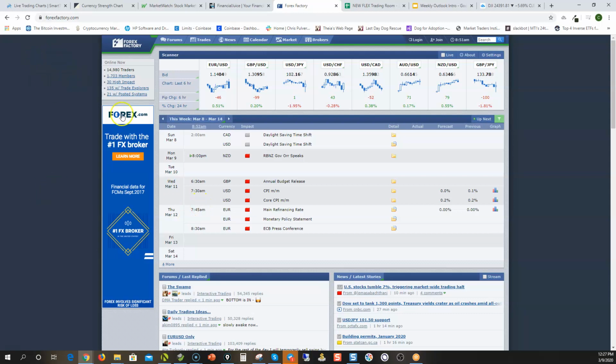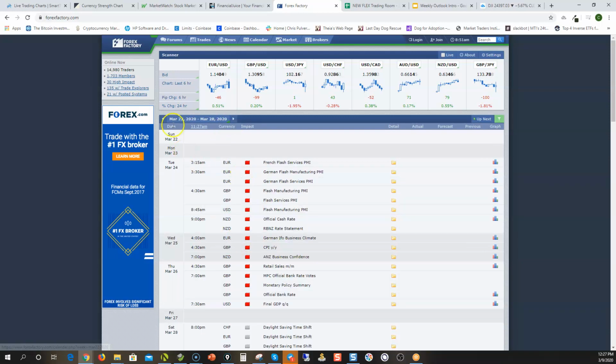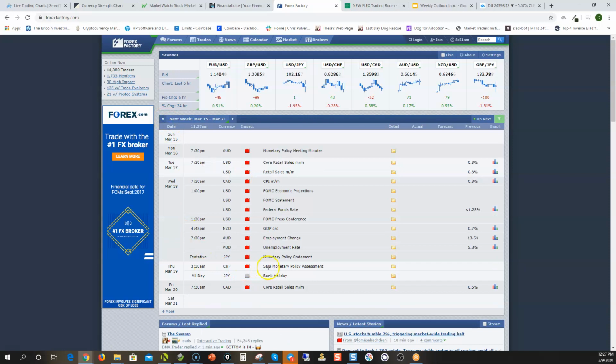If we also go into next week, we have the Fed, which is projected, and again, you can't see it here, but there might be a CME Group projection where they're going to cut rates once again on this 18th meeting. We also have Aussie employment. This week we have the Swiss National Bank, which would be interesting to see. Do they cut rates as well, or do they have some type of super dovish commentary that would ultimately weaken the Swiss franc, because basket-wise, the Swiss is